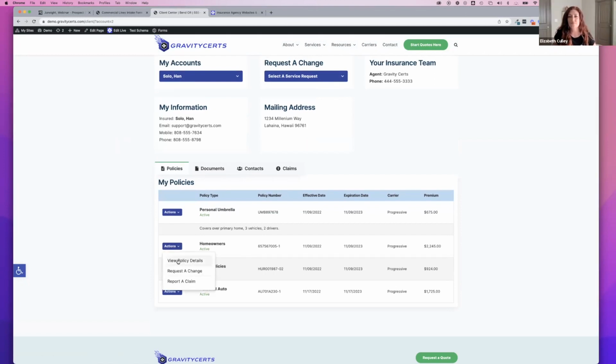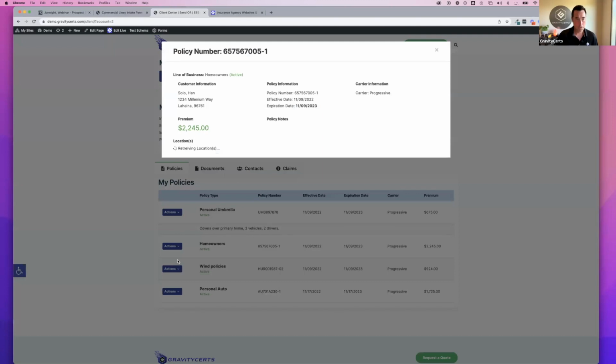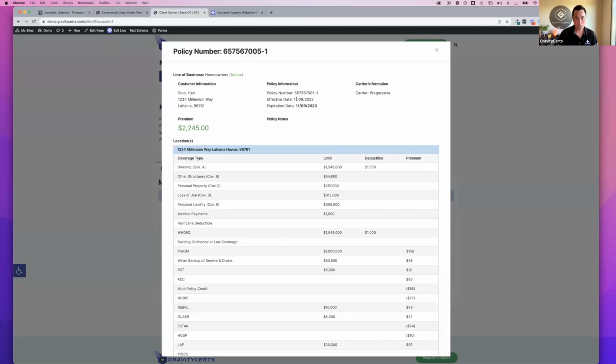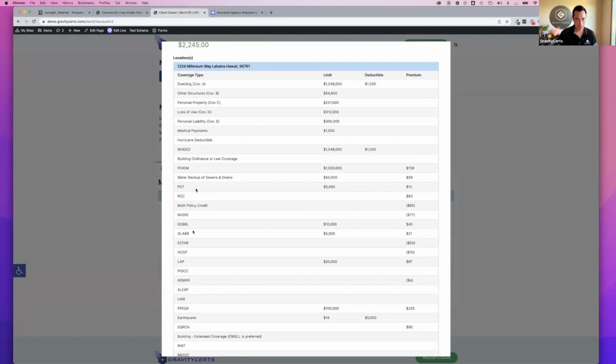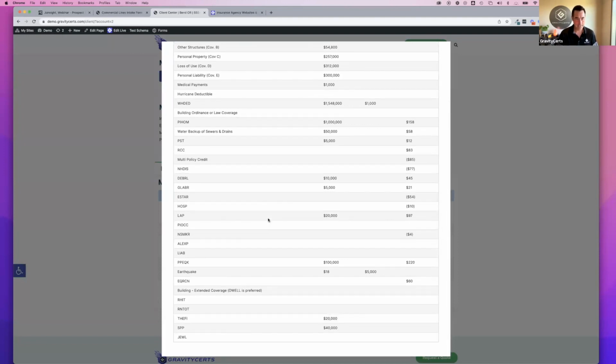They can see their policies listed, view the policy details, see their policy number, effective dates, the premiums, this homeowner's policy, and this is listing all the different coverage types that are pulled into here, different limits, deductibles, credits and surcharges on here. So it's a really easy way for clients to see at a glance all sorts of information